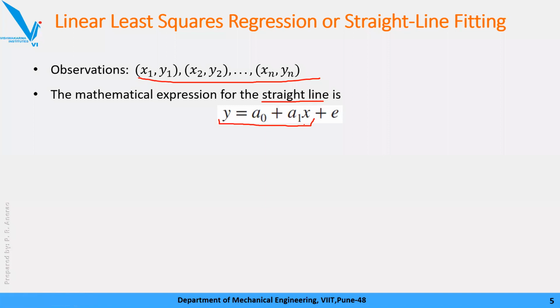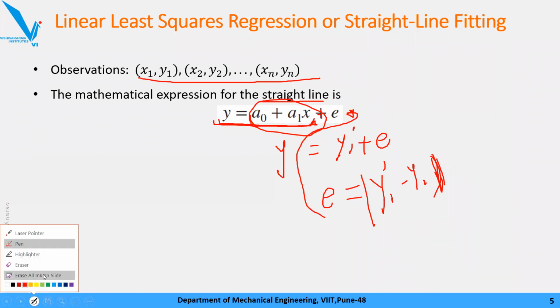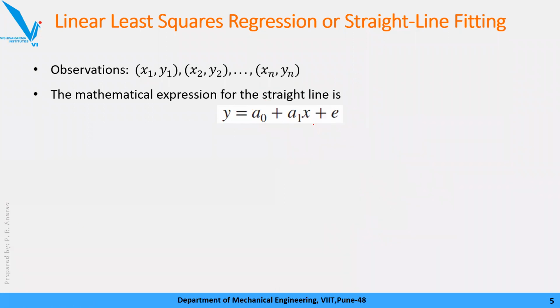And we have also seen that y1 and the y obtained from this equation will be different. So if I add that error, both will be the same. So this term will give me y1 dash. And if I add that error, what am I going to get? The error is nothing but y1 dash minus y1, and it should be an absolute value. I have written this modified version of the error just for understanding. So this is our equation of a straight line.